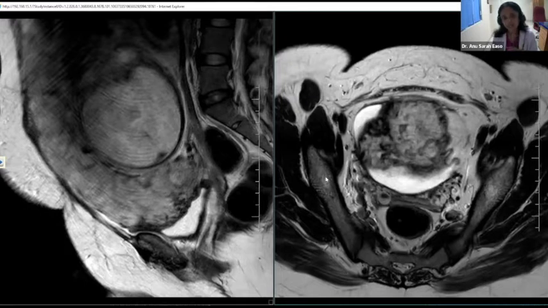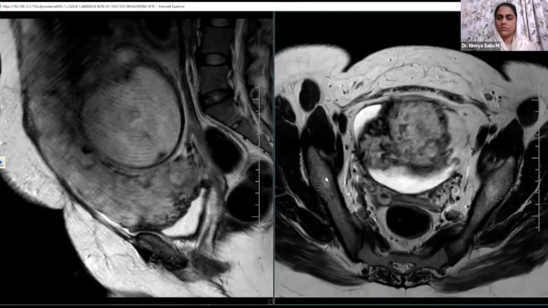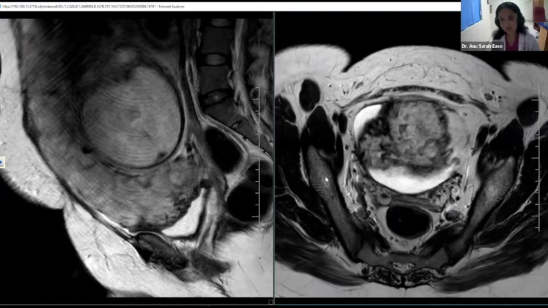We can see some of these findings on an ultrasound image, like a loss of retroplacental lucency or extension of the myometrium into the placenta. To clearly see the extent into the adjacent organs, it is much better to do an MRI. So she was planned for LSCS and even an option of uterine artery embolization was given to her, which she refused. And finally, LSCS was done.